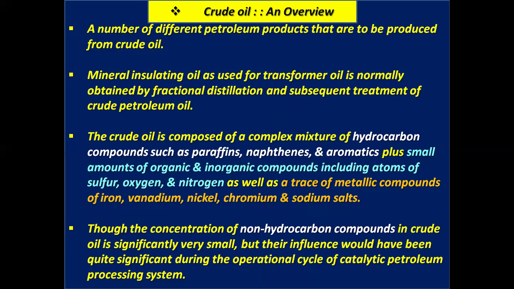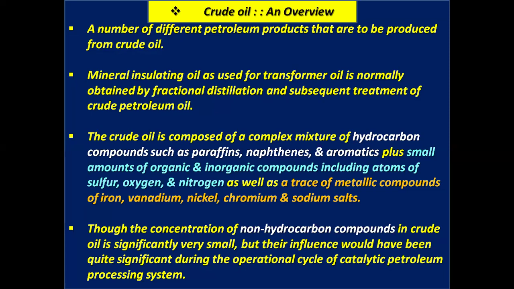Now, crude oil, an overview. A number of different petroleum products are produced from crude oil. Mineral insulating oil, as used for transformer oil, is normally obtained by fractional distillation and subsequent treatment of crude petroleum